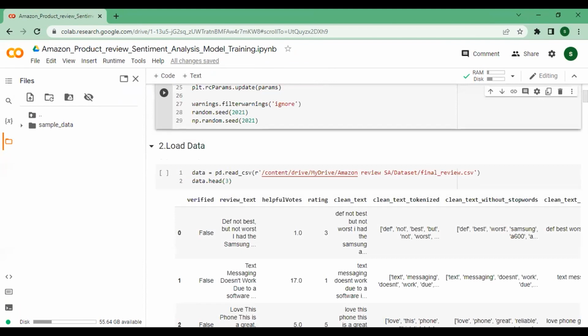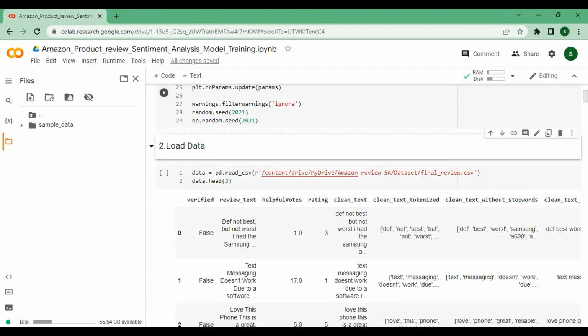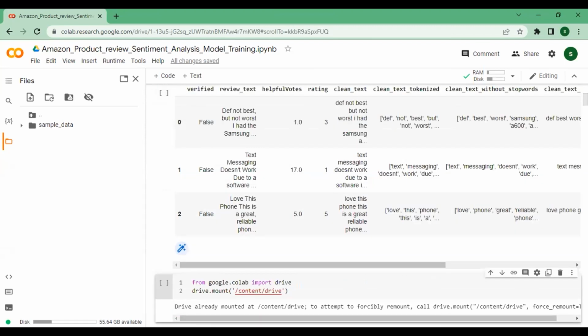In this example, we are taking the same data, that is the review file from Amazon itself. And we will use that same data for the classification.